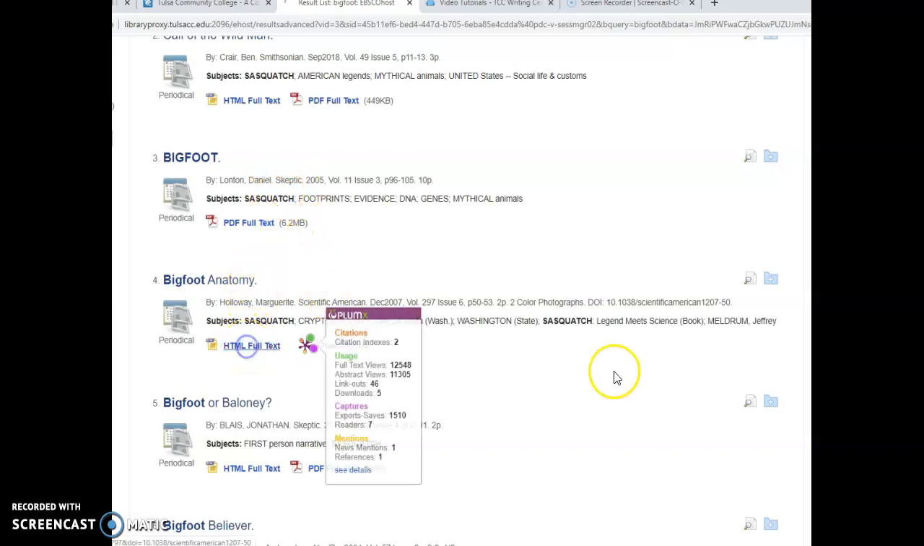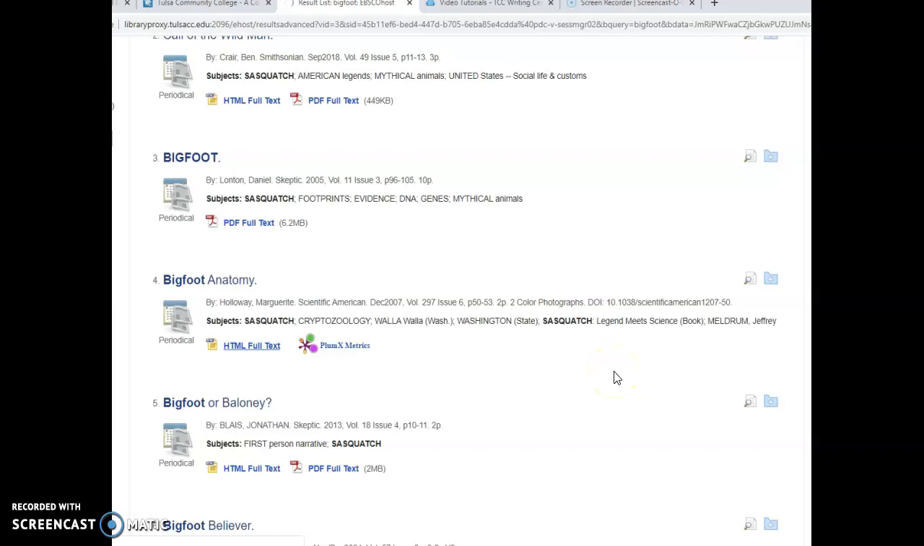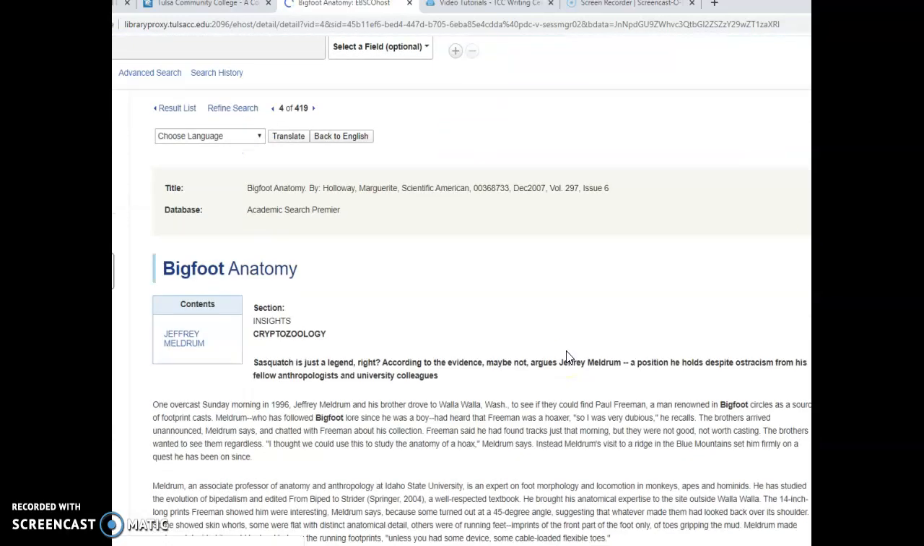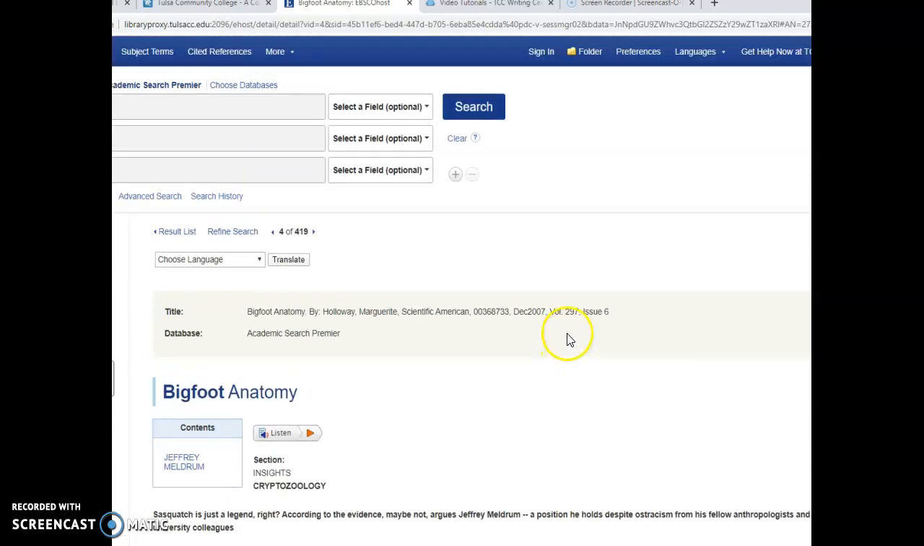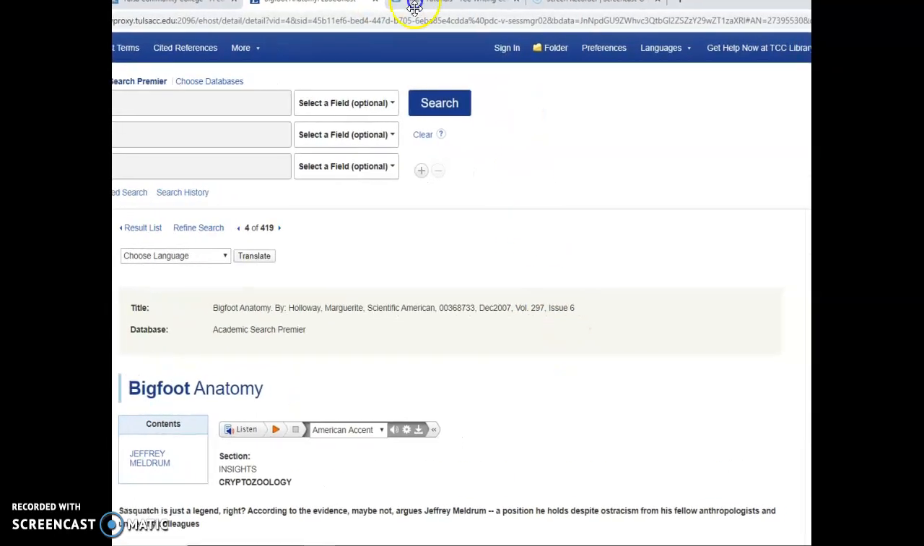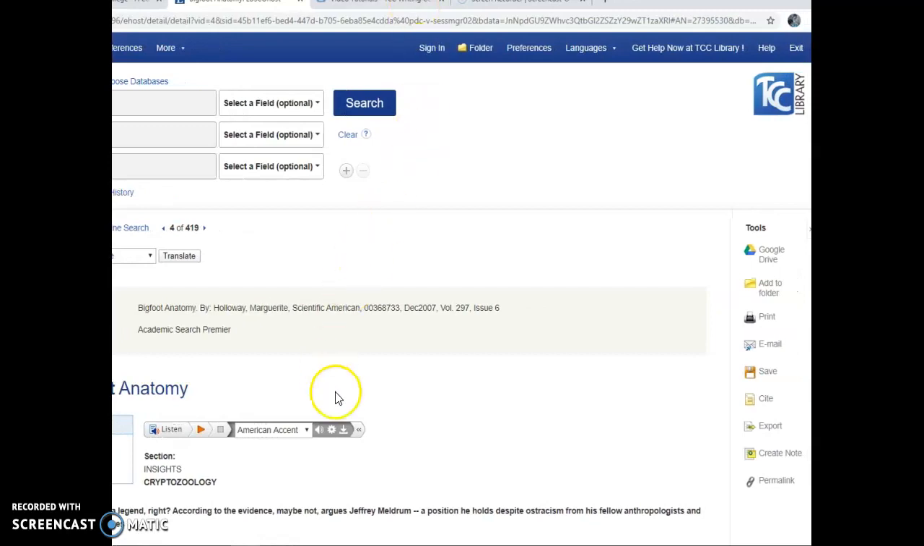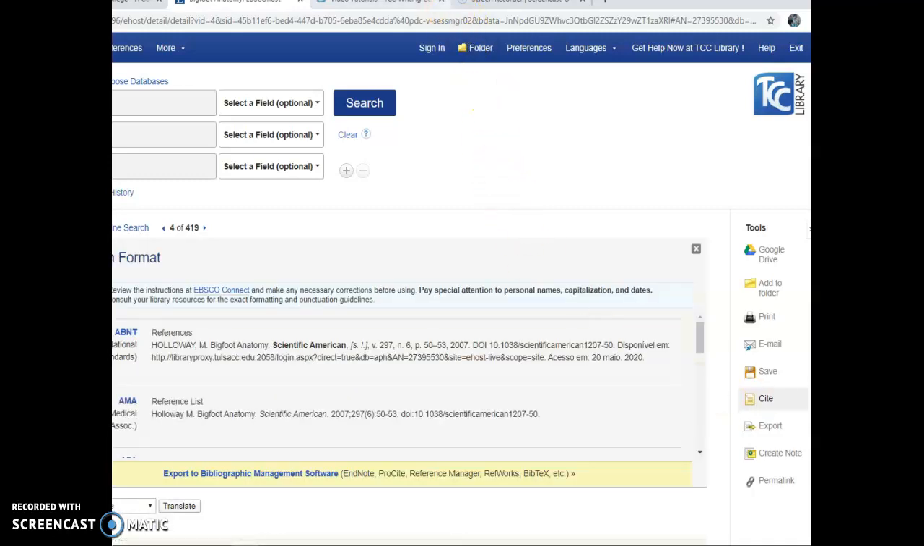So I'm going to say I want the full text of this. And this gives you a chance to read over what it is that the story is all about. So you can do a little skim and go, oh, I want this source. All right, I'm going to scoot our screen over, because on the right-hand side over here are some wonderful resources for you, and one of them says Cite. So if you click on that, and I'm going to scoot our screen back over,